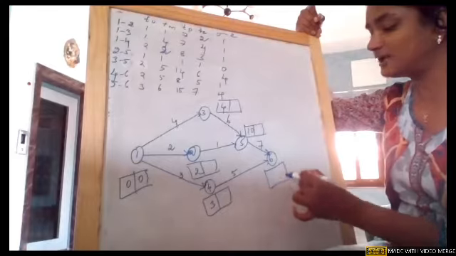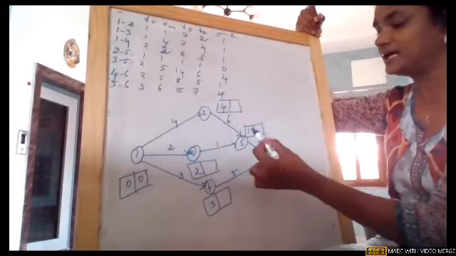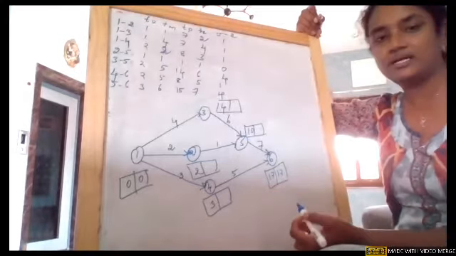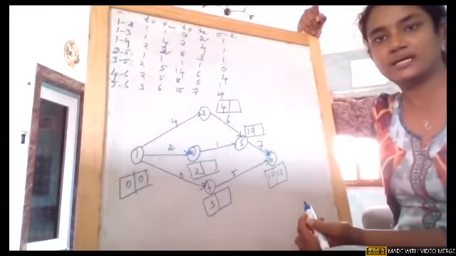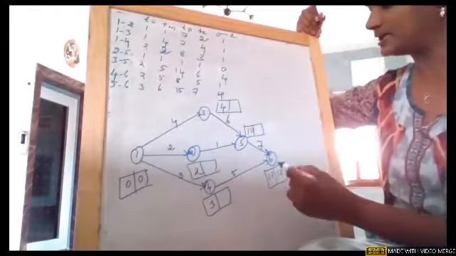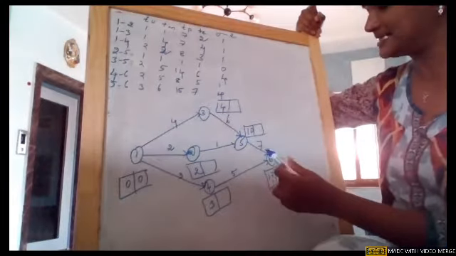Now on node 6, one arrowhead is giving 3 plus 5, 8. The other arrowhead is giving 10 plus 7, 17. The maximum one is 17. So as per this particular network, the project length is 17. We will anyhow show the critical path. That time we'll write. We will also find out the latest times.